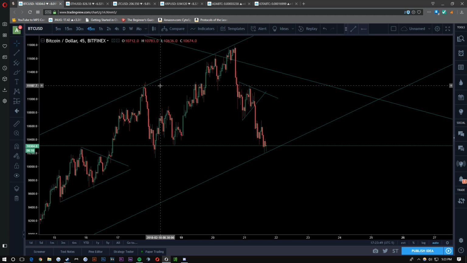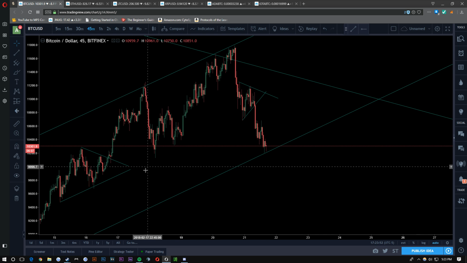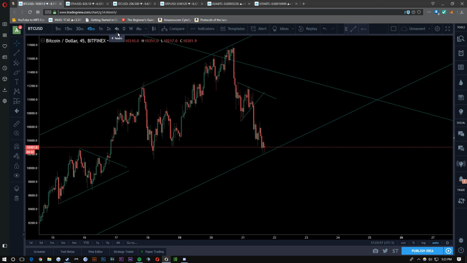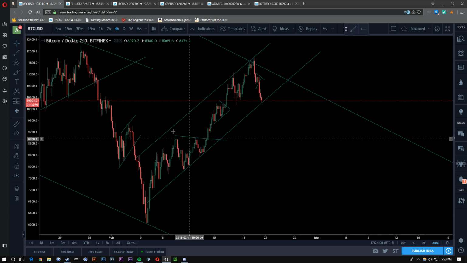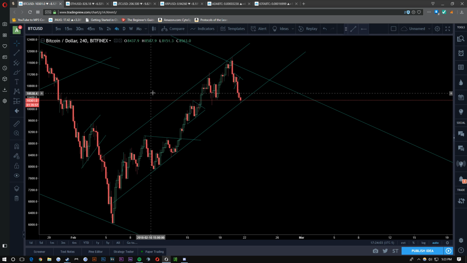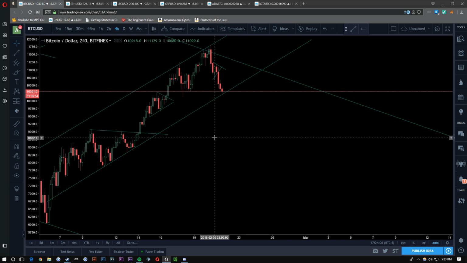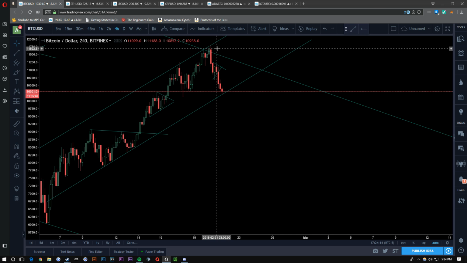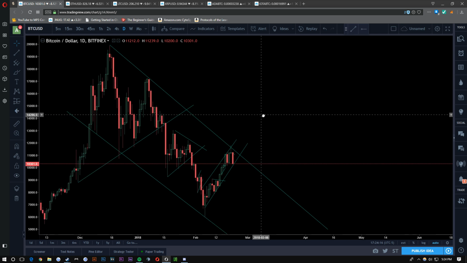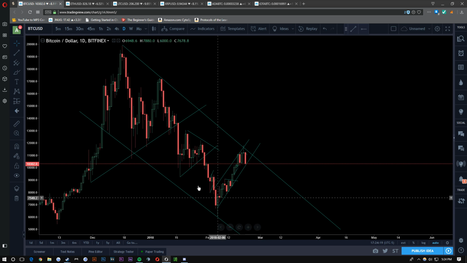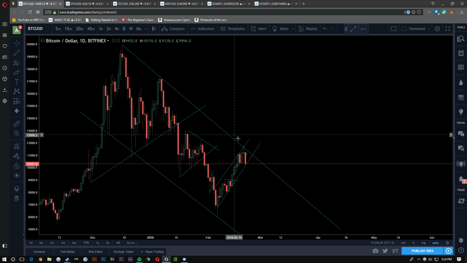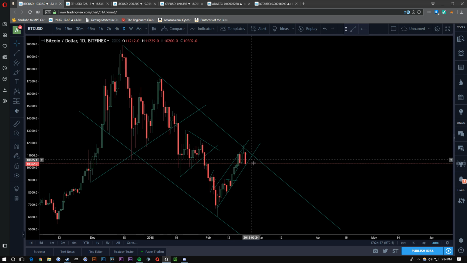So yeah, I removed the resistance level from this triangle and the support line from this triangle because it was just blocking the view. The only thing I have left is this triangle and then the trend lines to make it a little bit clearer. I also turned off the logarithmic scale and made it linear because I noticed that if I zoom out, this falling wedge forming pattern on the linear scale